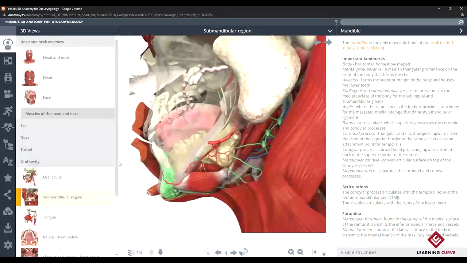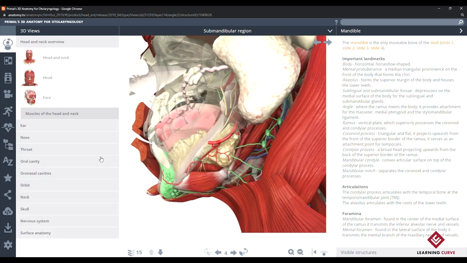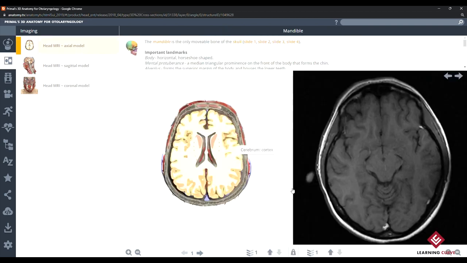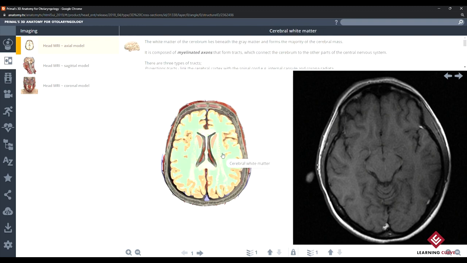Let's jump into the second part of the otolaryngology title by taking a look at some of those different image modalities. Over here, we have an interactive 3D model alongside an axial model for the head MRI. For any structure that we highlight on either our interactive 3D model or our head MRI, it'll highlight that structure on both models and provide us with the associated explanatory text for that particular